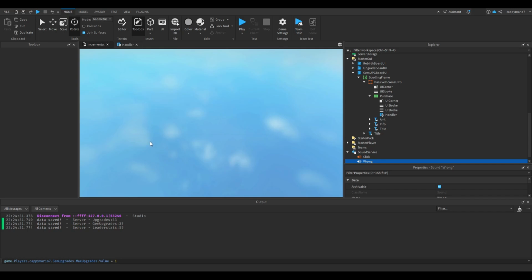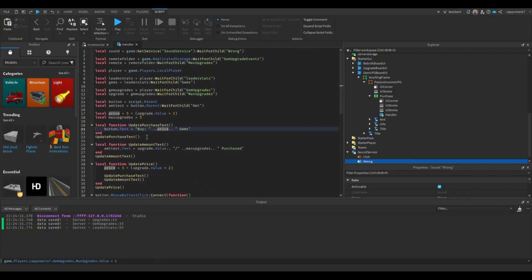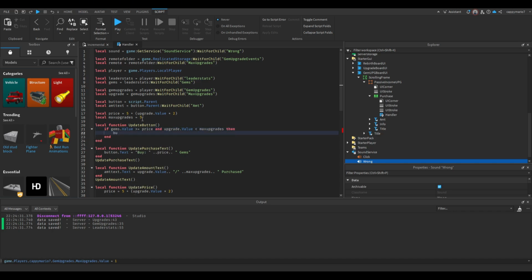Alright, we did forget one thing. We forgot to add a color changing system. So let's add that. At the top, click enter twice, do local function update color, or we just do update button because it's going to be doing other things too. Update button. So if gems.value is greater than or equal to price, and upgrade.value is less than max upgrades, then we do button dot